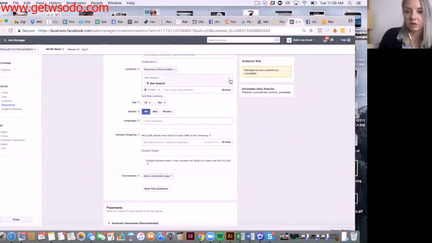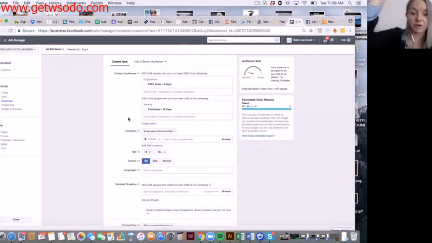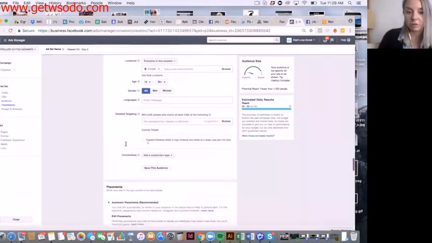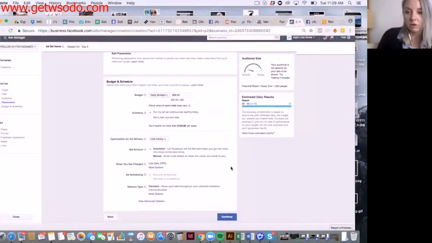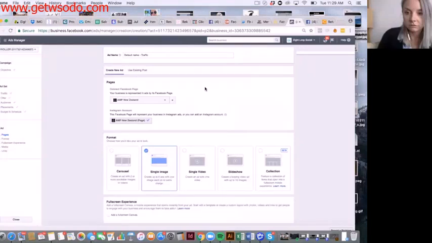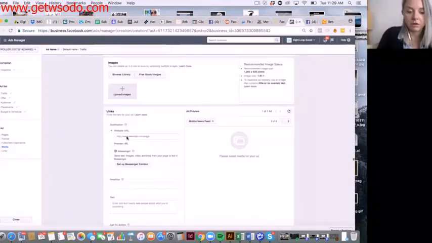You don't even need location, because this is a custom retargeting audience. As long as your top of funnel is targeting the right location and the right people, this audience should be full of those people. And then we're going to go to our ad level. And I'm just going to run it from my page. And what you might do here is you might go,